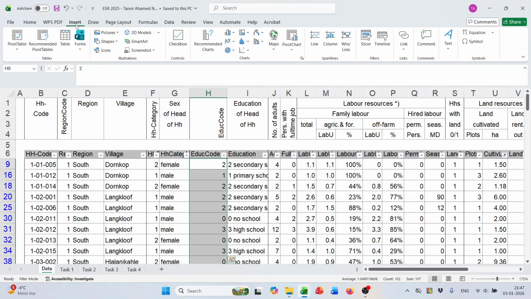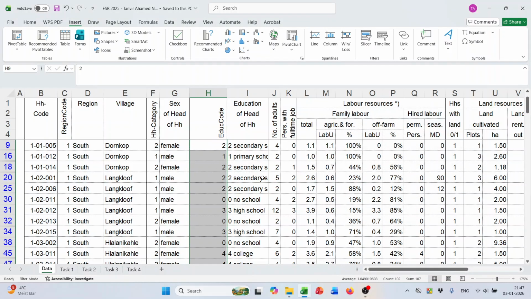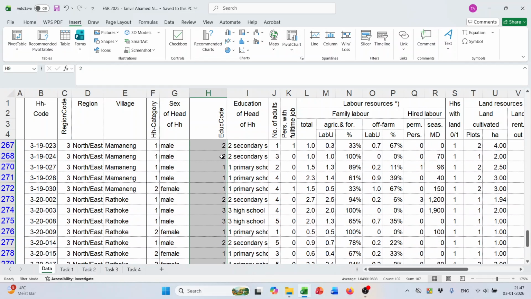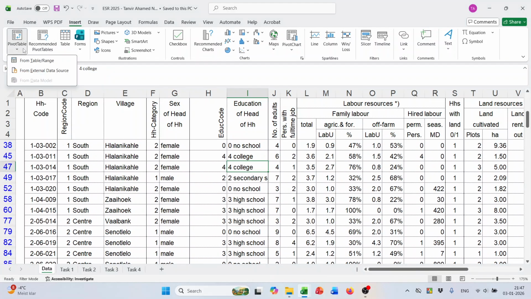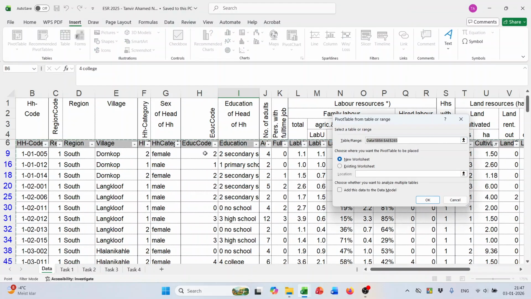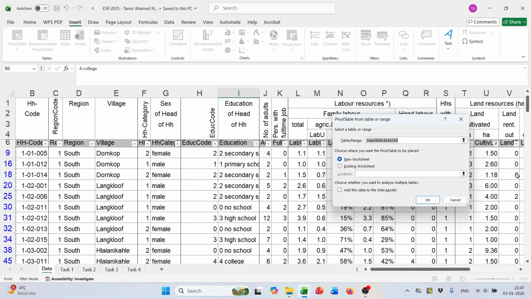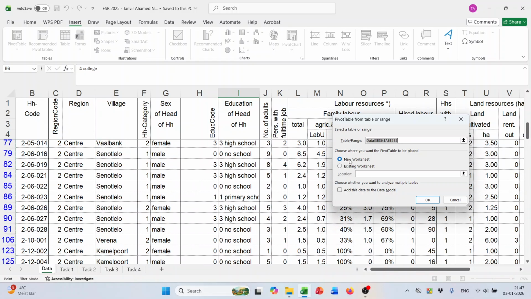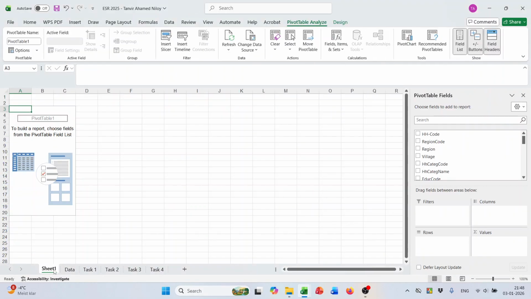So I go to Insert, and here I see the option of pivot table, from table or range. It is automatically selected, so I cannot select a whole column; I need to select only one cell. So I go to pivot table, and now it selects the whole data table, and I want to do it on a new worksheet. So I press OK, and a new worksheet is created. I move it here to task 3 and rename it